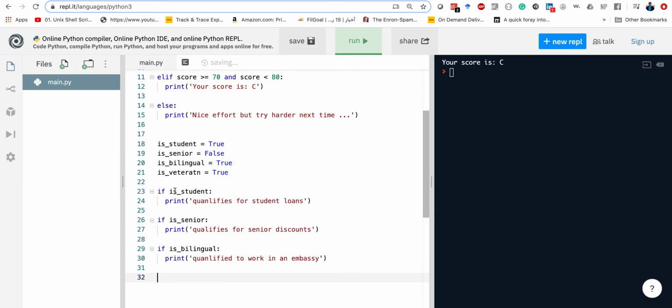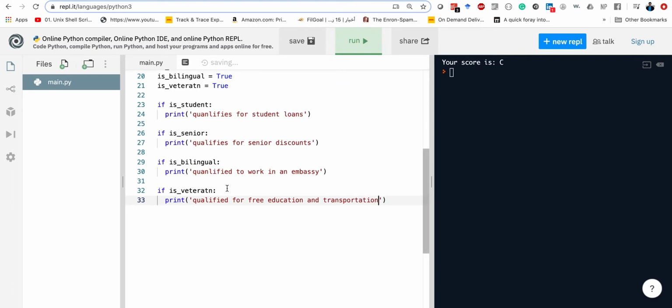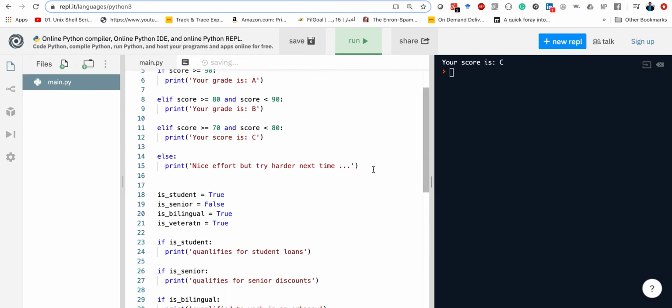All right, and if this person is a veteran, then this person is qualified for free education and transportation. Why not? And transportation. Okay, so now if I'm going to run this whole thing, maybe what I need to do now,